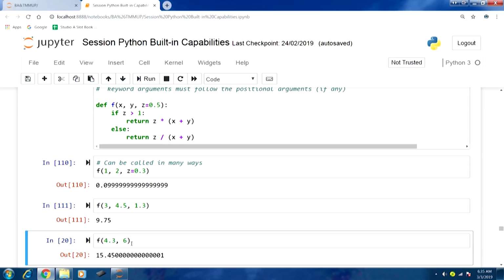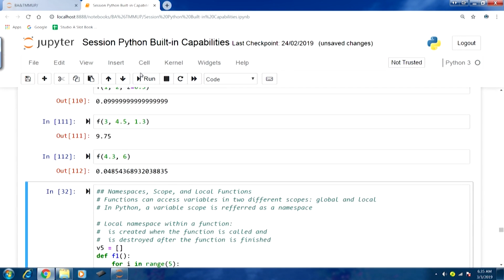The mandatory arguments will become the positional arguments, and the keyword arguments will become, in a sense, optional arguments, because they will have default values anyway. So, we can call in this fashion also: f and in the parentheses 4.3 and 6, just two arguments. However, remember the function takes 3 arguments. If I run this, this will also run fine.